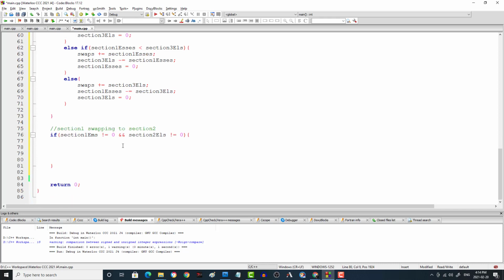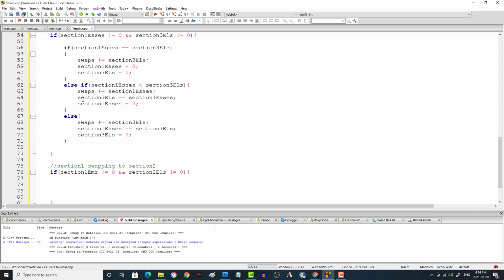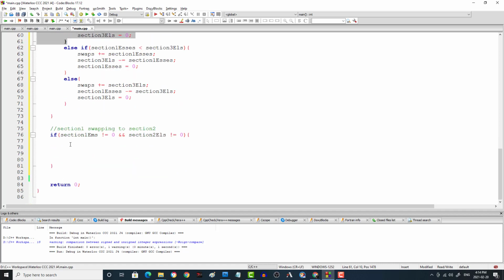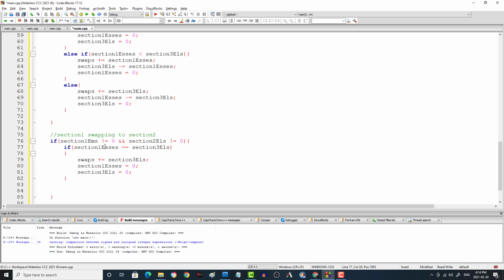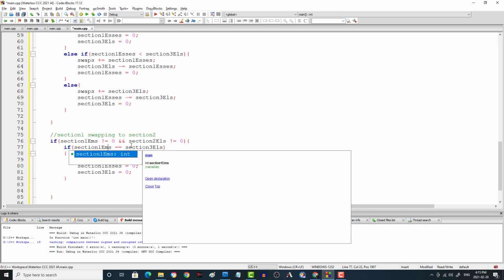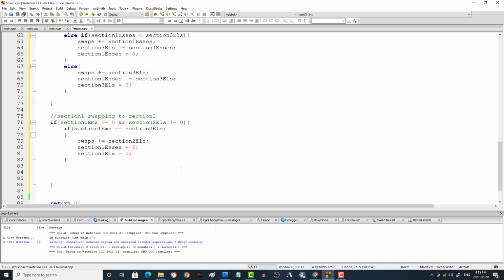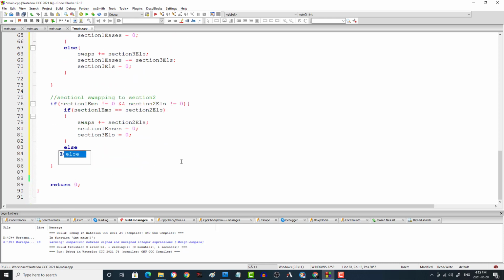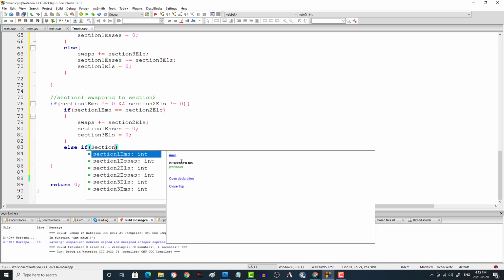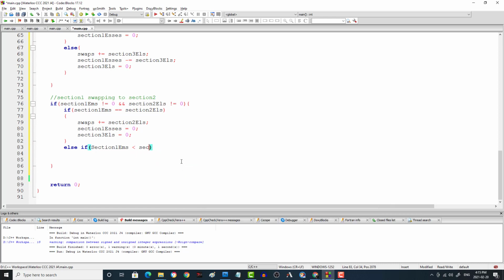Now in this case, we're going to do the exact same thing. So we're going to say, here's our ideal case. If section 1's M's is equal to section 2's L's, then we can just swap them all. So section swaps plus equals section 2's L's, and then set them both to 0, and done like dinner. Okay, else if, now what if section 1's M's is less than